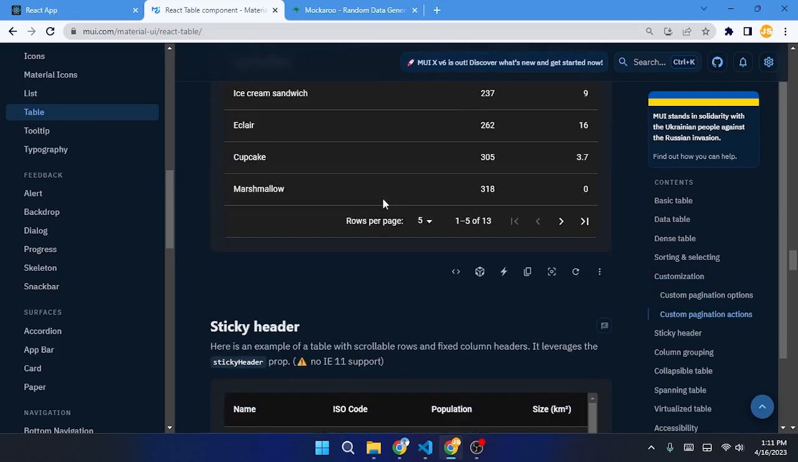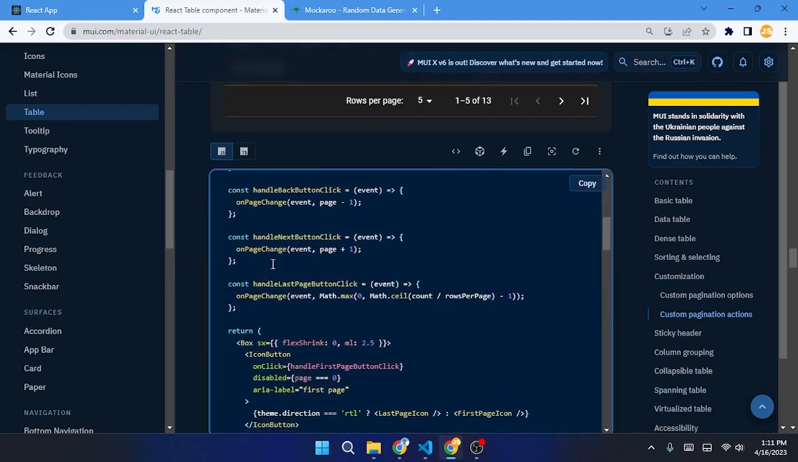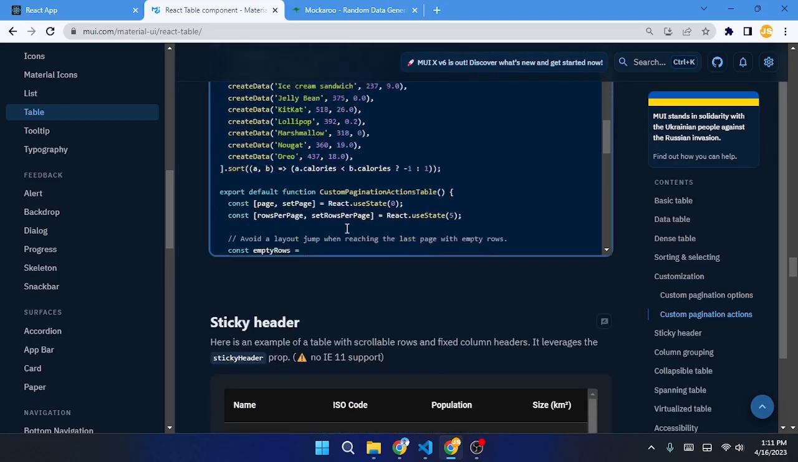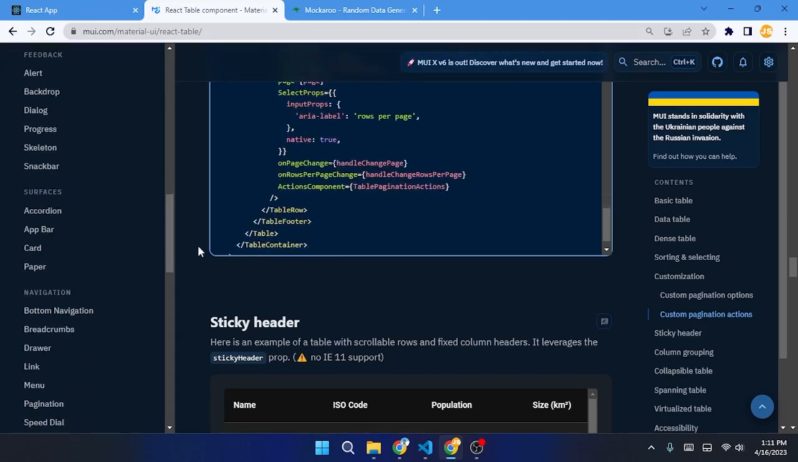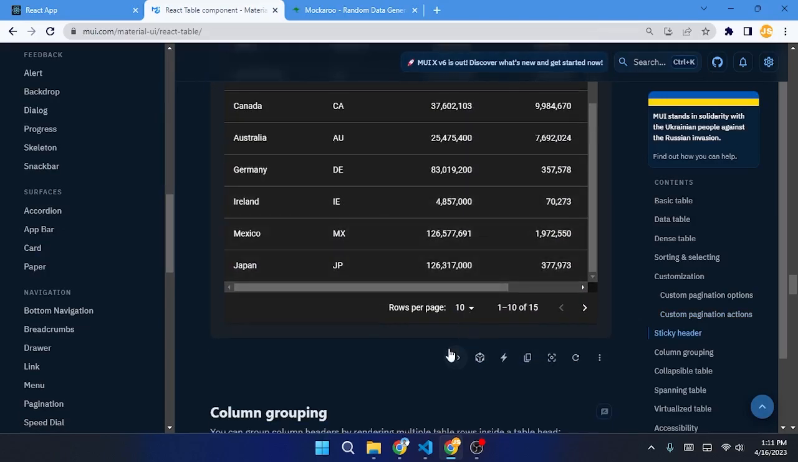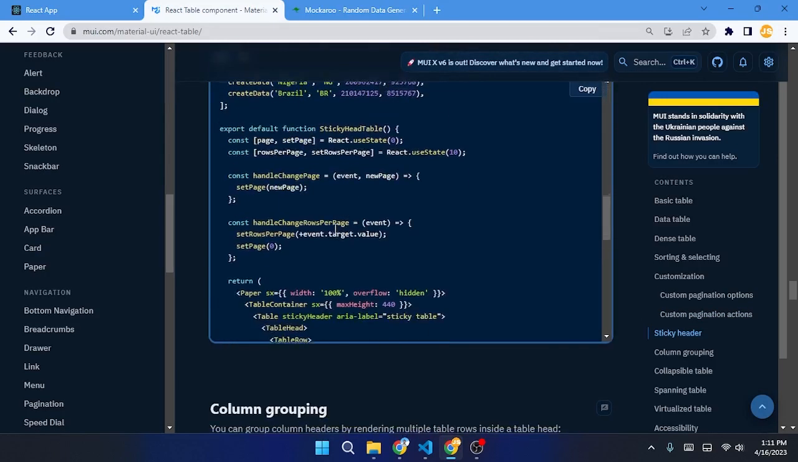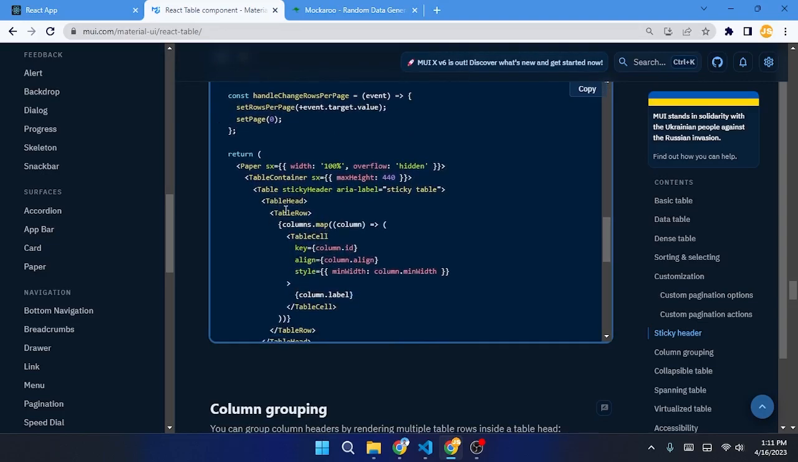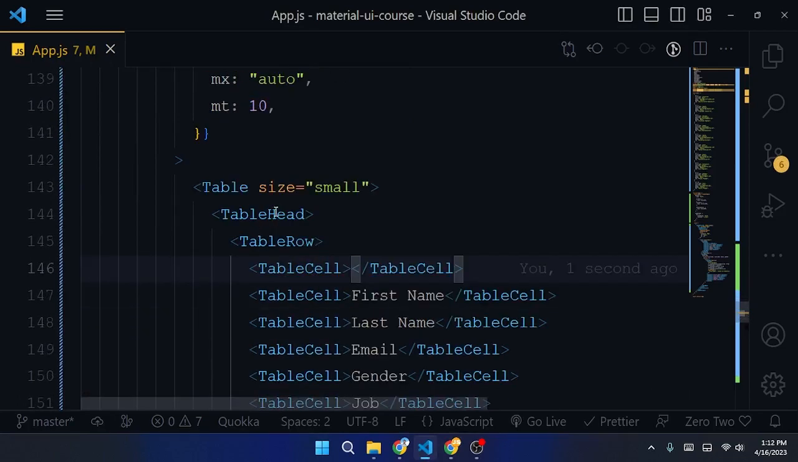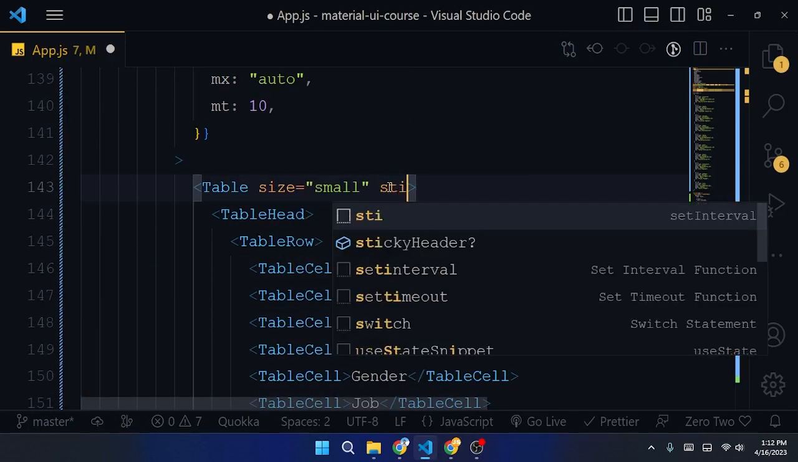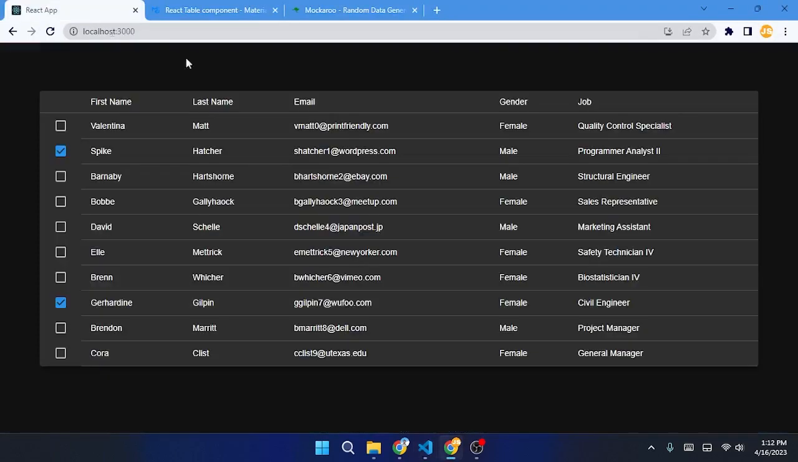Okay, the next thing is this one. You can also check the code and use it. They also used the same table container, table, then table head, table body, table row. Then you can make the header sticky. They defined the sticky header here. If we also go to our code and go to table and say sticky header, and now if we go,